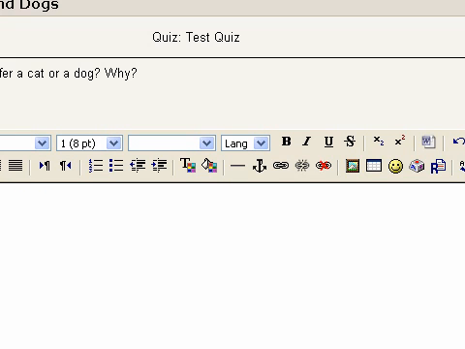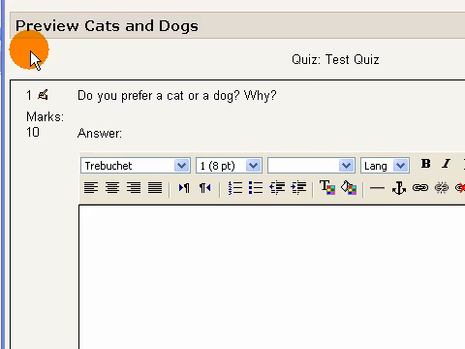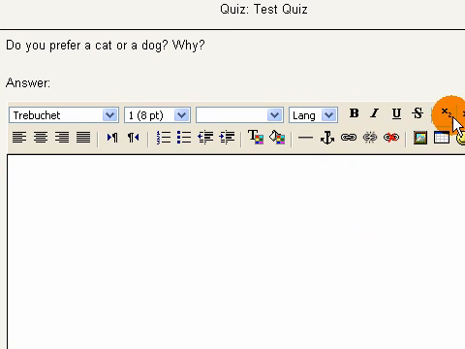In the next little pop-up window, preview cats and dogs, that's the name we gave it. Quiz, test quiz, that's the category we're in. Do you prefer a cat or a dog? Why? And here's the text box that the students would then be able to use. Notice they have a full WYSIWYG up here as well, as far as what they can do with their answer. So if we close that out,